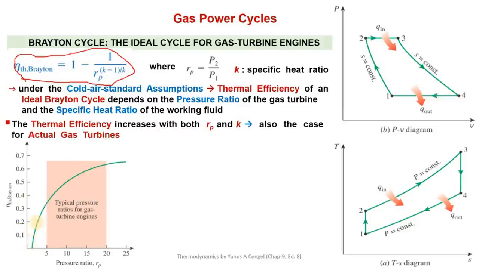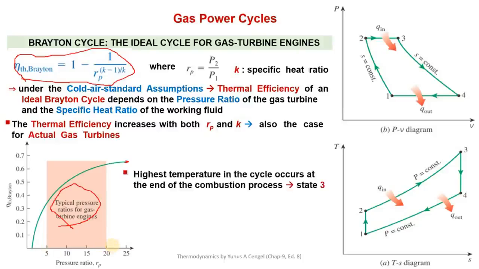So here you can see as the pressure ratio is increasing, the efficiency is also increasing, reaches a maximum value, and then it will not increase anymore. So that's why the pressure ratio is normally chosen in this region. What is this region? Between 5 and 20. So depending upon a particular design or the overall capacity of a thermal power plant, it is normally chosen between